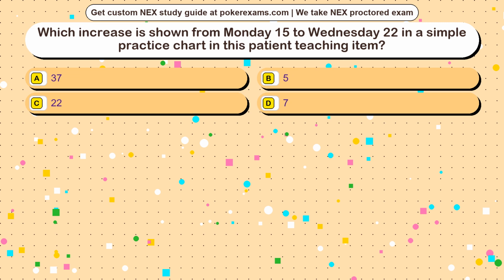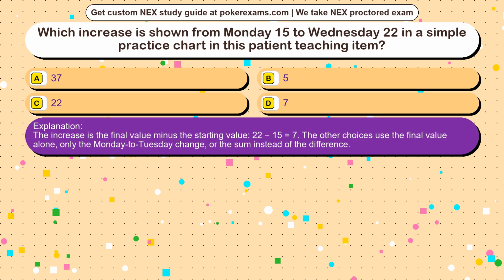The correct answer is option D. The increase is the final value minus the starting value, 22 minus 15 equals 7. The other choices use the final value alone, only the Monday to Tuesday change, or the sum instead of the